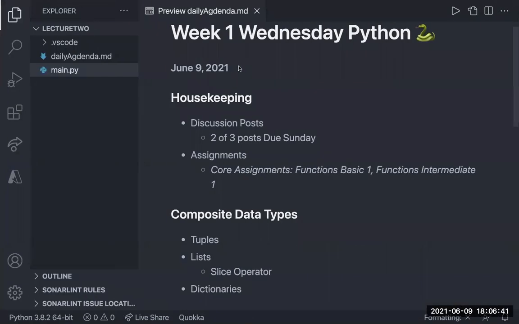Just as a reminder, you have to complete those 2 by Sunday. That still means I would encourage you to do the practice ones. That doesn't mean just don't do them. They are crucial to you even understanding these core assignments. But you have to do these 2 core assignments. That's what we're grading you off of, and seeing if you're in compliance each week.